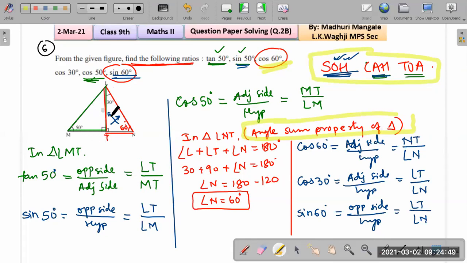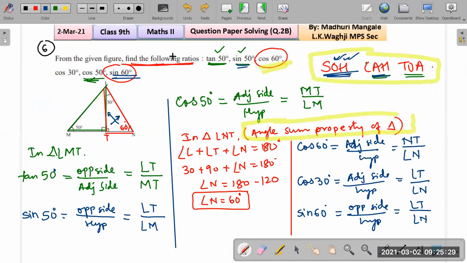And suppose you were asked to find this angle. What would be this angle? This angle would be 40 degrees, isn't it? Because sum of all angles is 180 degrees. So suppose in case you are asked to find what is tan of 40 degrees. So of course it cannot be 40 in this triangle. Why? Because that's a 30, 60, 90 triangle. If two angles are 30 and 90, that means automatically the third has to be 60. So if you were asked what is tan of 40, you should start with this green triangle. Okay, because just check, 50, 40, 90 will make it a 180 degree, correct? So that was some extra knowledge on this question.